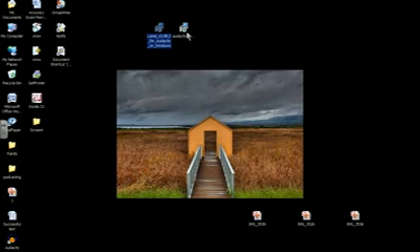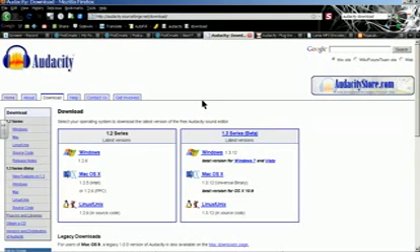Once you've done that, you will get this type of device. You'll see it here, either in your program files or your desktop. So of course you need to always remember where you save things to. Once you've got that downloaded and you've got this device, the next thing you want to do is go to,